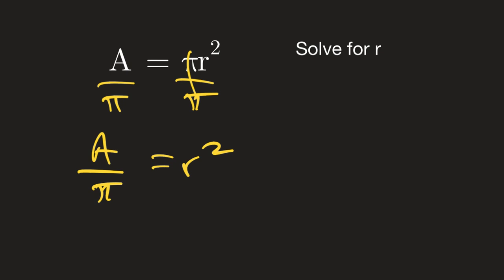Does anybody remember what is the mathematical symbol that will undo something that is squared? What do you call that? You're right. It's a square root. The square root. Guys, r is being squared. A square root will undo something that is squared. So again, inverse operation, let's undo this. So we're going to take the square root